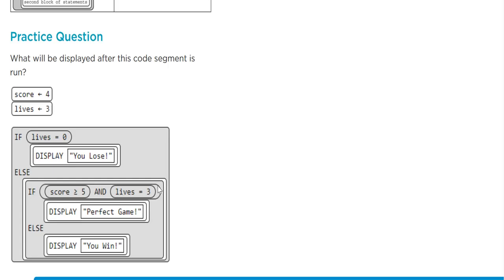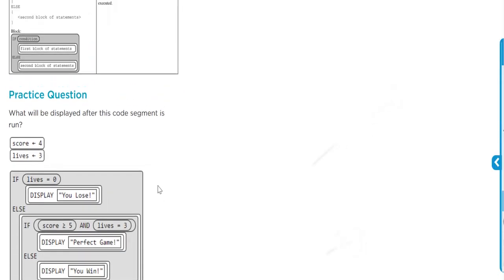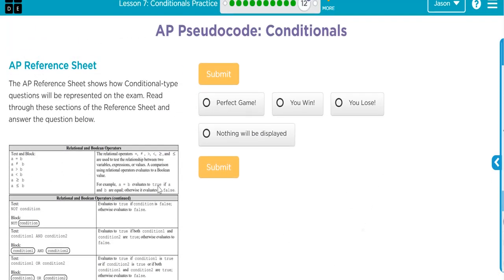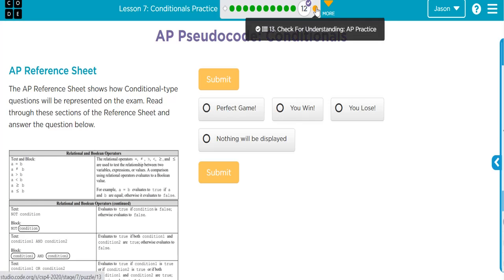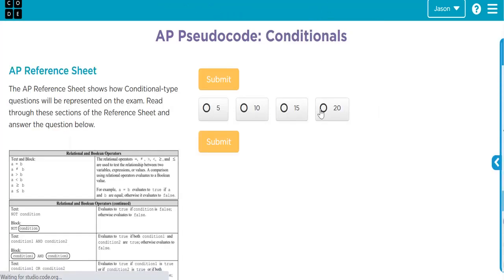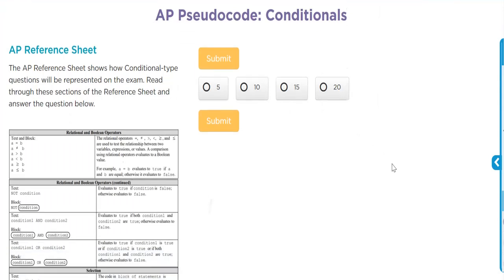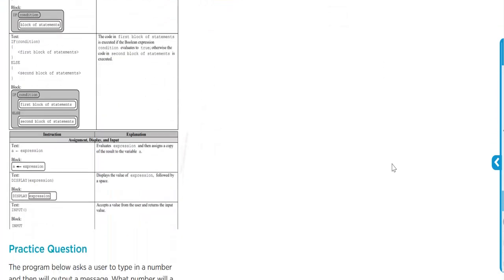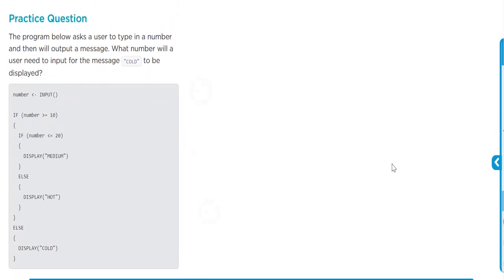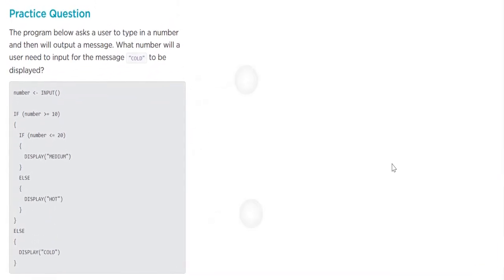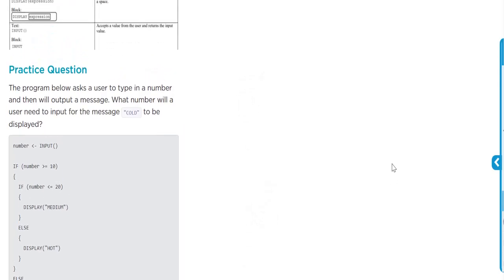And so you just want to answer that practice question here, and you have different options how to answer. I'll let you do that part. And then you also have one more question that you want to answer here. Same kind of thing. You got your reference sheet that you can look at, and you got a practice question. This time the code's written a little differently, right? So make sure you have those